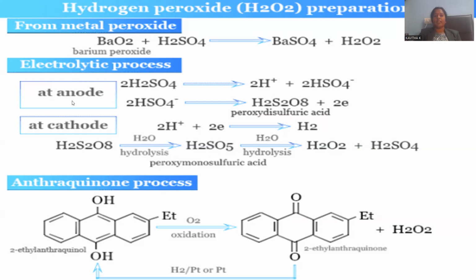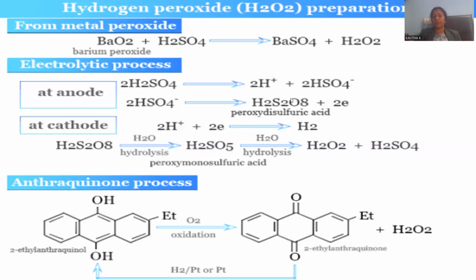In order to make that at the anodic condition, you may ionize the sulfuric acid into monopositive protons. H plus is simply regarded as a proton, and HSO4 minus bisulfate ions will be originated. This reaction is carried out at the anodic region, and whatever anion is generated, HSO4 minus, further dimerizes. This process is said to be dimerization, and H2S2O8 will be generated, which is in turn called peroxydisulfuric acid.